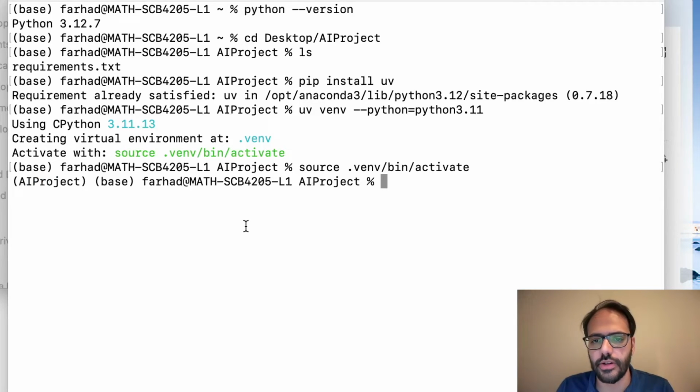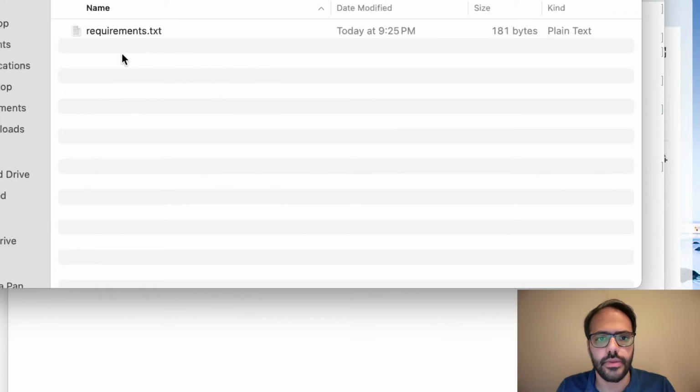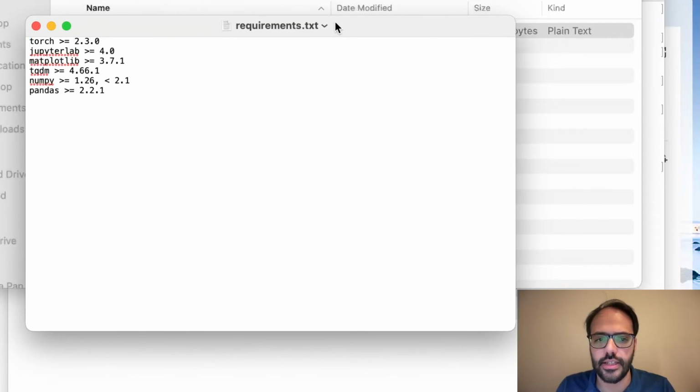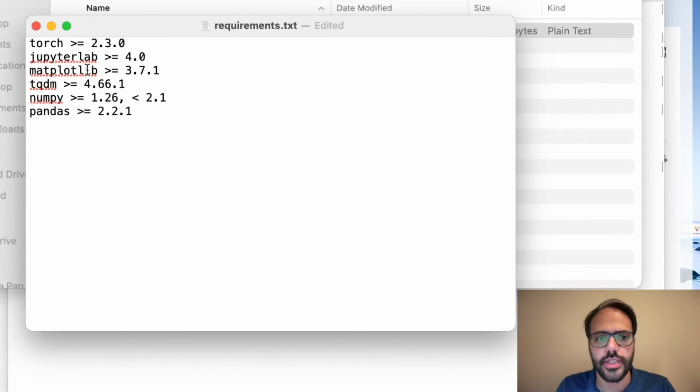We activated our environment. And now one thing that we want to do is to install the libraries that we want. As I mentioned, I have a folder here which includes this file called requirements.txt. So I'm going to open this to see what's inside here. Inside here, I have the names of libraries that I need. Torch, which is the official name for PyTorch,